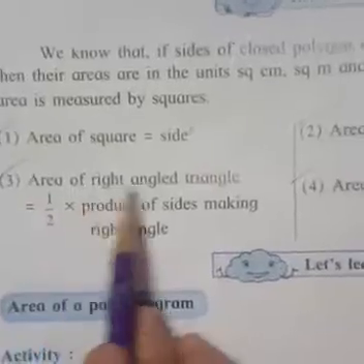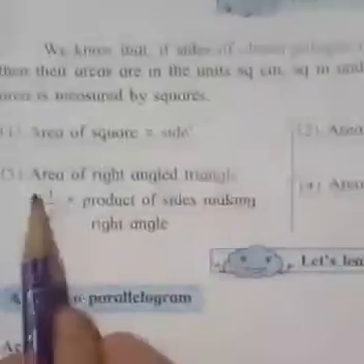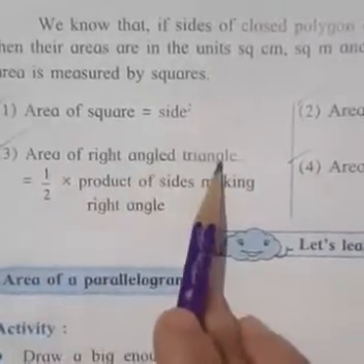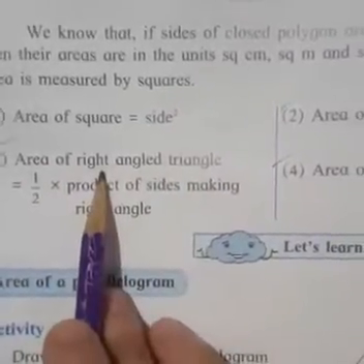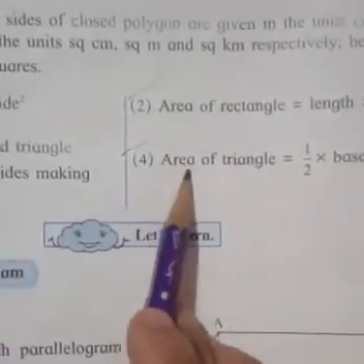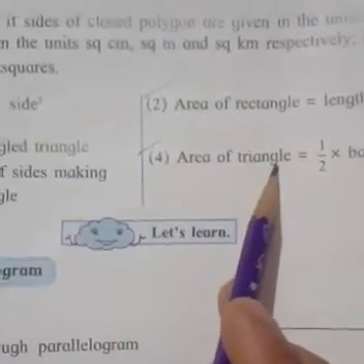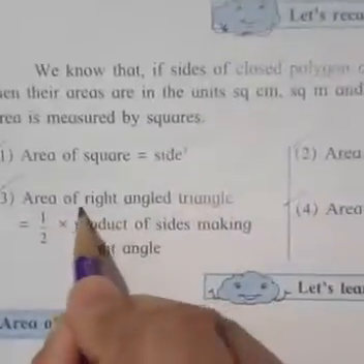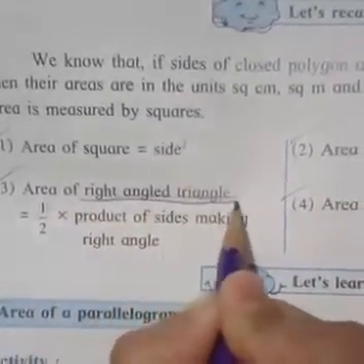Okay, got this? Now we will move on to the third formula, that is the area of a right angled triangle. Now why are they mentioning the area of a right angled triangle? Why are they not just telling the area of a triangle? Because there are two formulas for the area of a triangle. The fourth one is the area of a triangle. So if two formulas are there, you will get confused about which formula to use where.